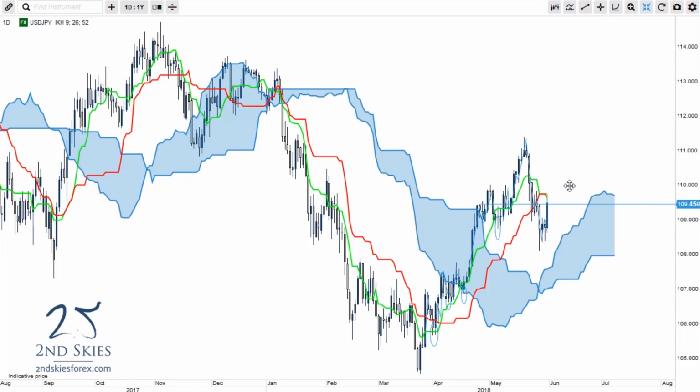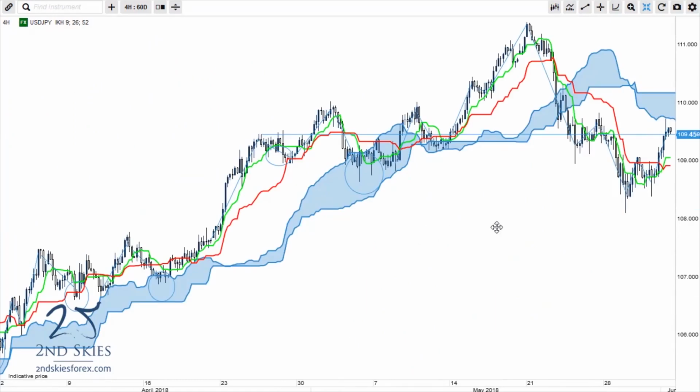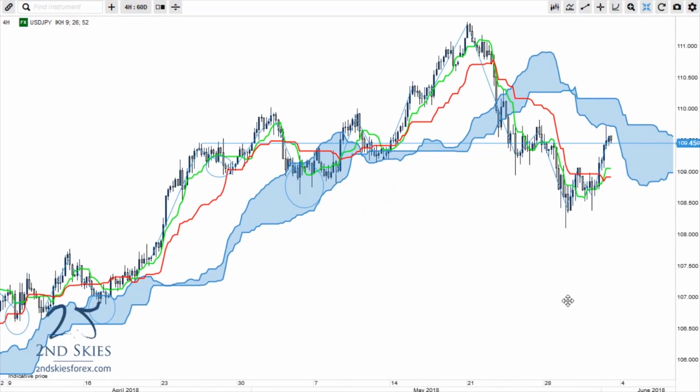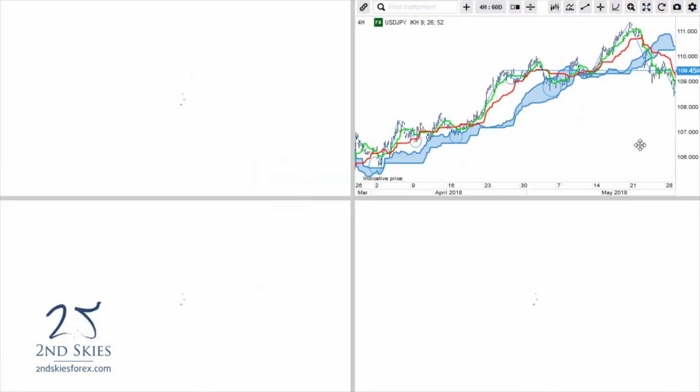My anticipation is that it's probably going to, at worst case scenario, make its way up to here, and then I think it'll fail. But if it stops towards, say, 110-ish and then starts to break back below this, then I think we're seeing the topping out of the dollar yen's rally, which started late June or late May this year. So let me give you another example of potential